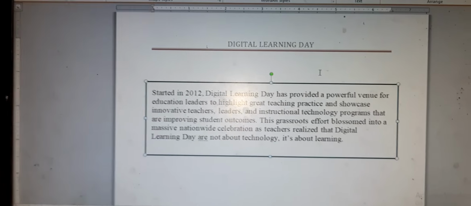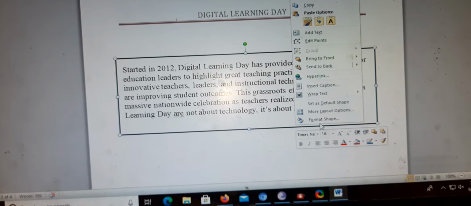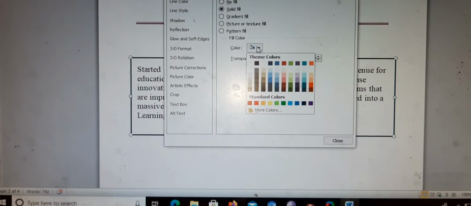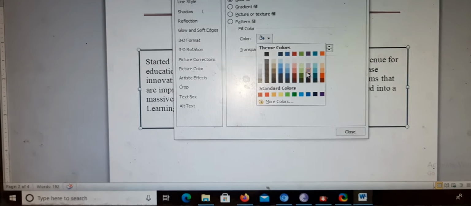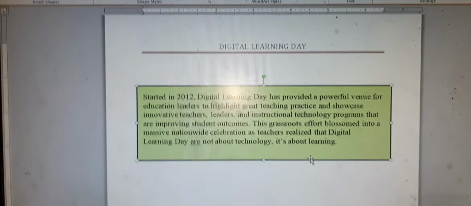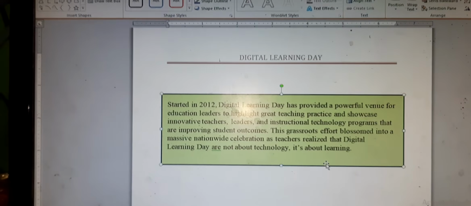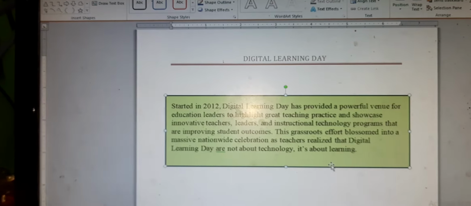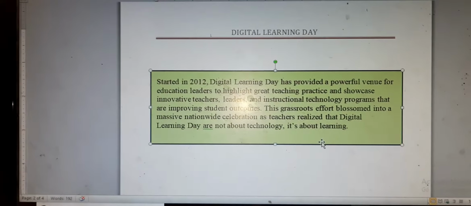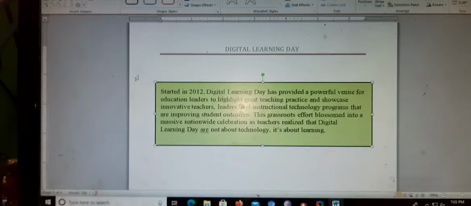If you click on it, you find your box is ready, and you can change the fill option with a different color also. So right click on it, Format Shape, you find there is a solid fill, you can select the color, so you find the box appearing with this color. Like this you can apply different shapes also, where you can write your text, and you can make the presentation more attractive. So these are the portions.